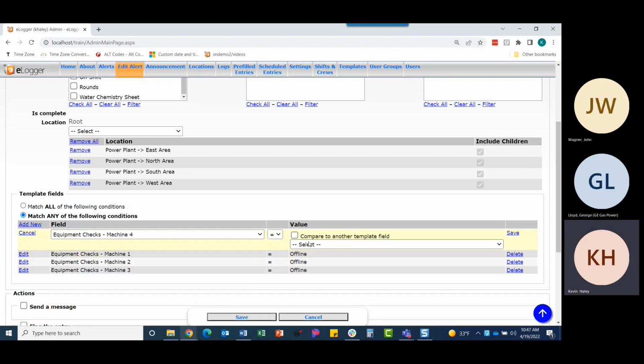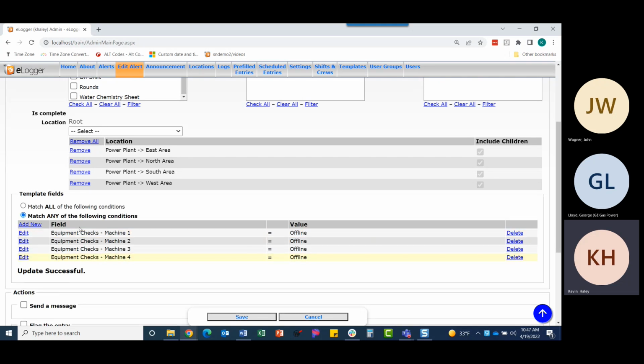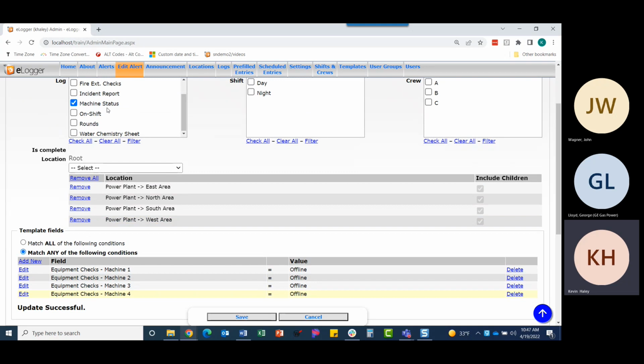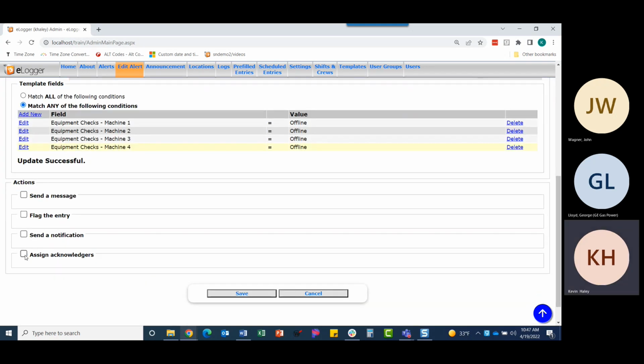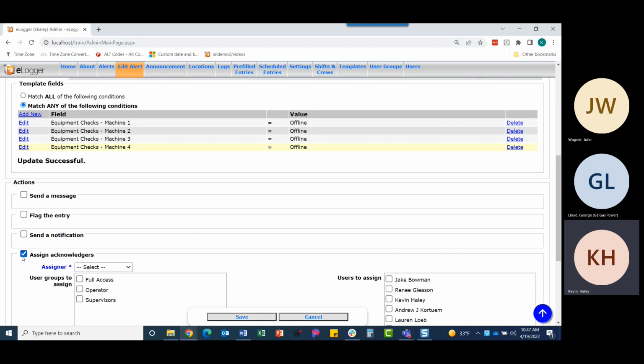So the match any is not necessarily an all or nothing thing. This says when any of these template fields match this value, and at any one of these locations, when the machine status log is saved, I want to assign this acknowledgement. Now, when you assign the acknowledgement